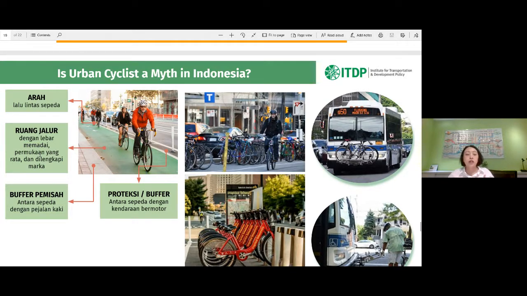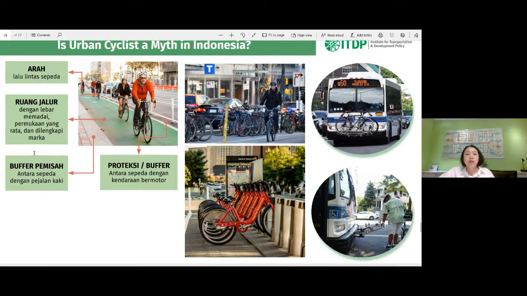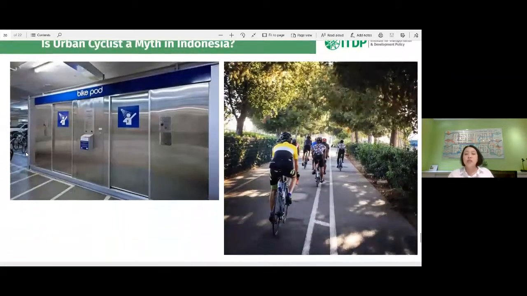That means you are inviting them to use the bike, and even more so in tropical cities, you need to provide more facilities like shower rooms and bicycle lanes with shade. Name it: the trees, a canopy, everything.